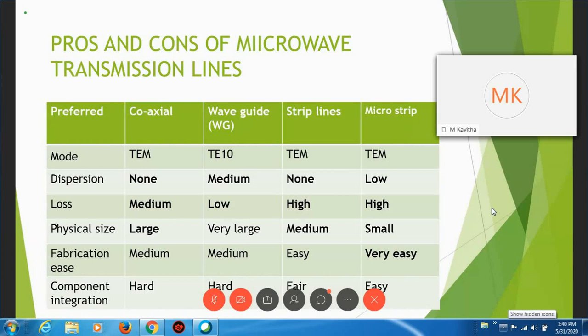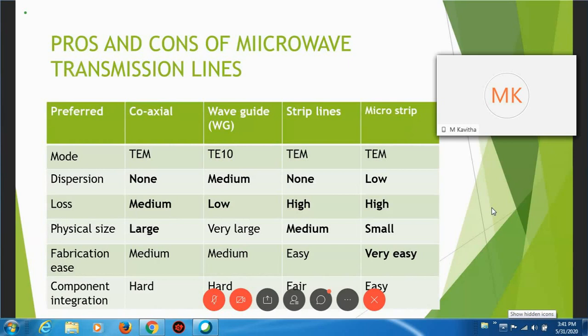The advantages of microstrip are that it is much less expensive than waveguide, and it is lighter in weight. The disadvantage is that it has more loss compared to waveguide and other strip lines. So these are the basic concepts of the four different types of transmission lines used at microwave frequencies: coaxial cable, waveguide structures, strip lines, and microstrip lines. Strip lines and microstrip lines are more or less the same, but the placement of the strip differs between them.